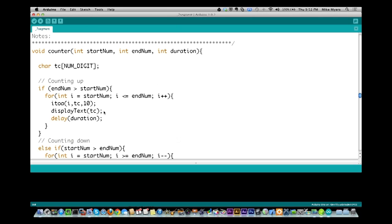So display text then puts the text on the screen, right? That's right. The two functions here that are important is the copy array, and this is actually something real important to bring up, because when we read things, we read left to right, and in the strings that we put in, position 0 would be what we would think of as the left hand character. But between this chip and this library, position 0 is actually the right hand character. So that copy array is basically translating left to right reading characters into right to left reading characters, and then the next, if you scroll down,